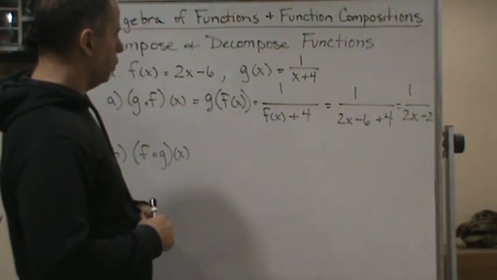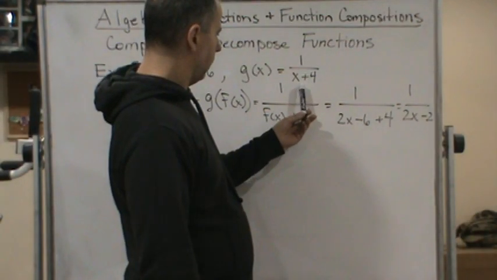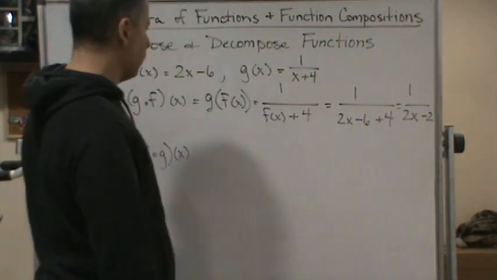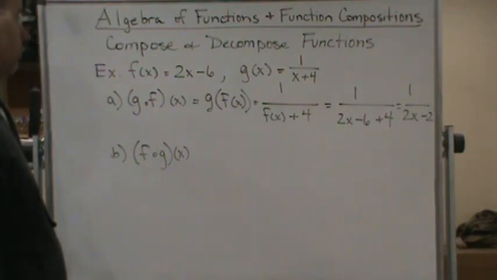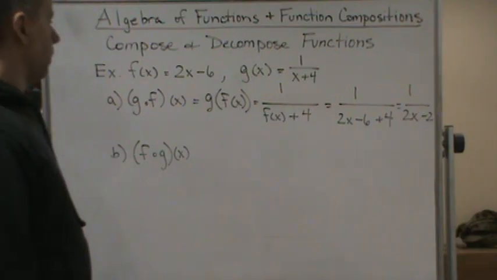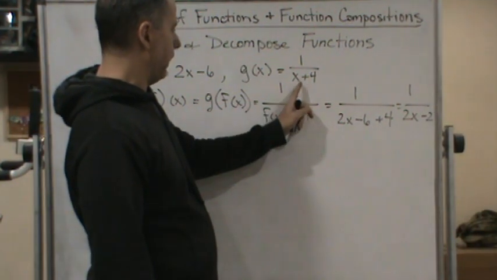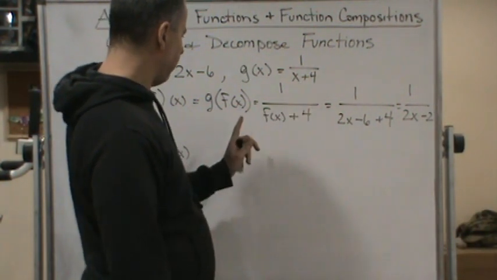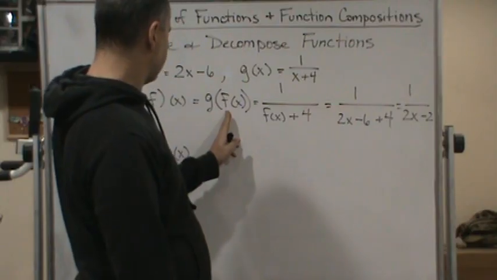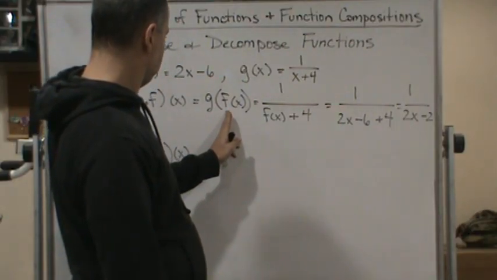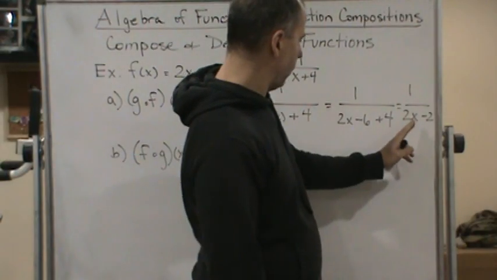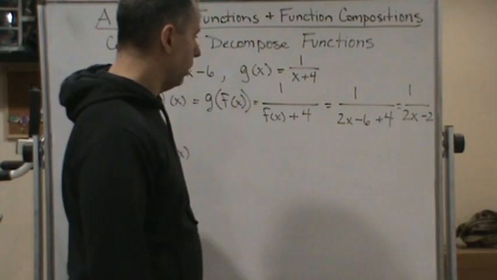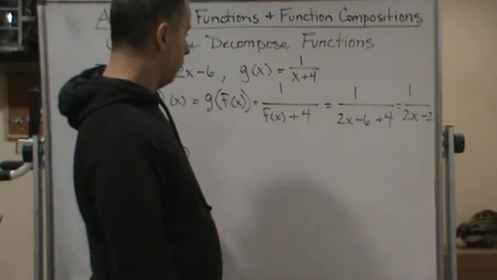Now, g can't be equal to 4. So g has a restricted value here. G cannot be equal to 4. So even though f of x is all real numbers, okay, and we have a restriction here where x cannot be equal to 2, but also